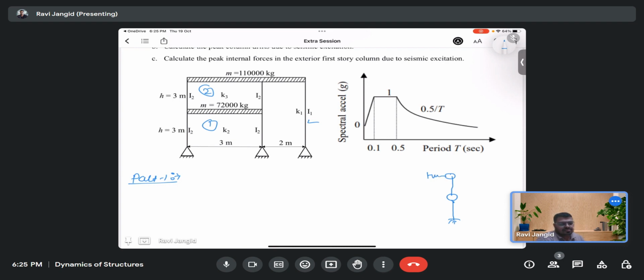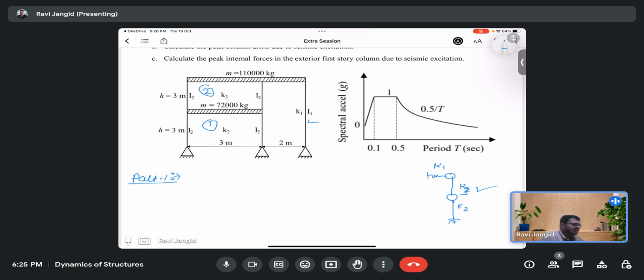So let us first write what those equations and the stiffnesses for those systems are. For this we have the stiffness k1, for this it is k2, and for this it is k3. Okay, so if we make the stiffness equation